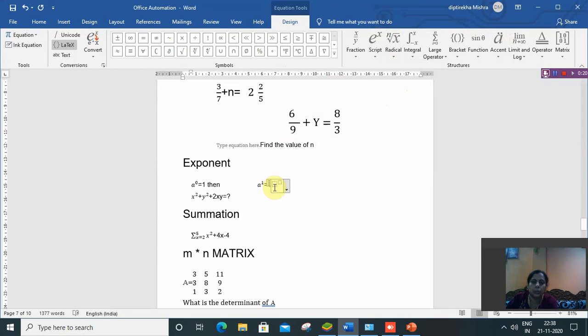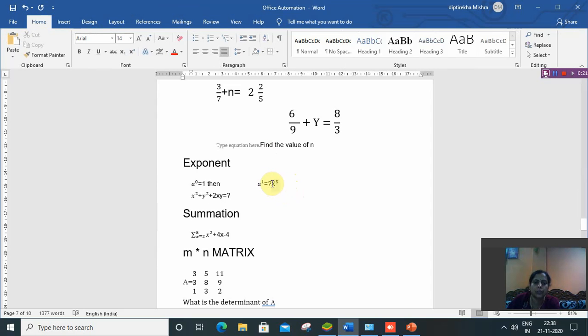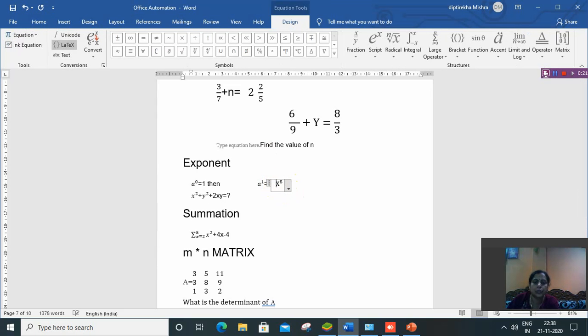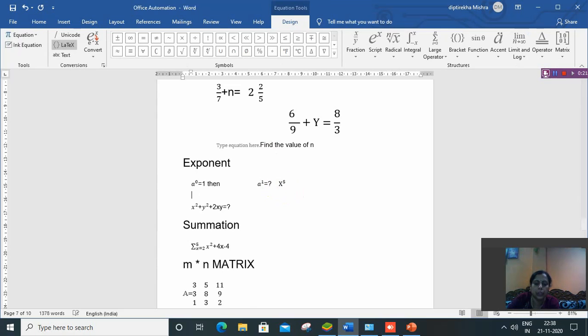So here you can write x to the power 5. Okay. This way you can write x to the power 5, plus